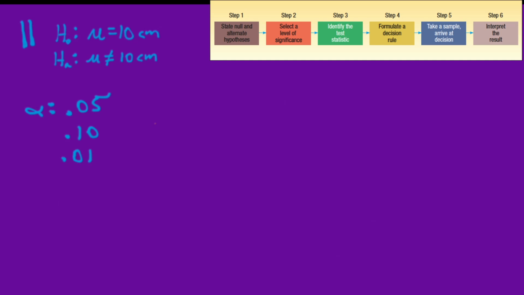Okay, these are the most common levels of significance, and these are directly related, or we're going to be using the same z and t values as, say, a 95% confidence interval. These are going to feel very familiar, and we're going to find these values right in the same area as we did for the confidence intervals. Okay, so when we go to the t-table,